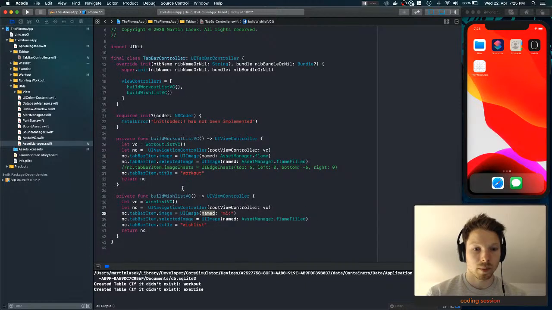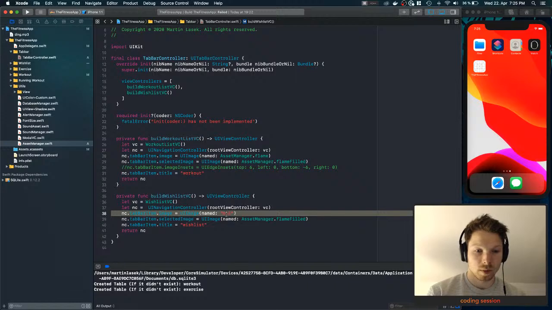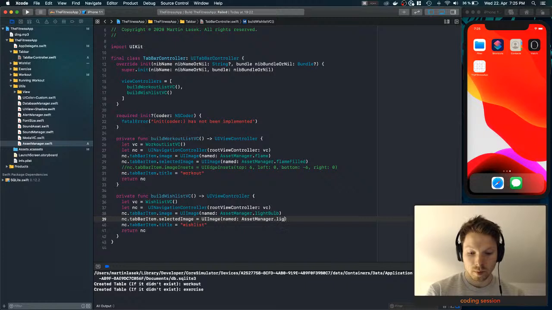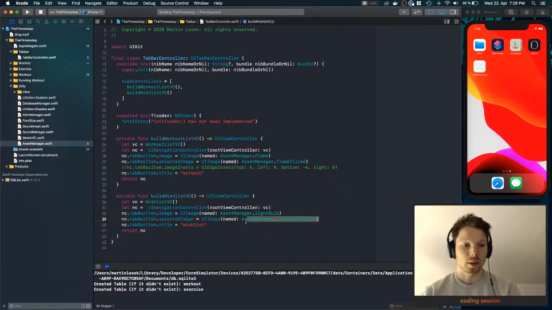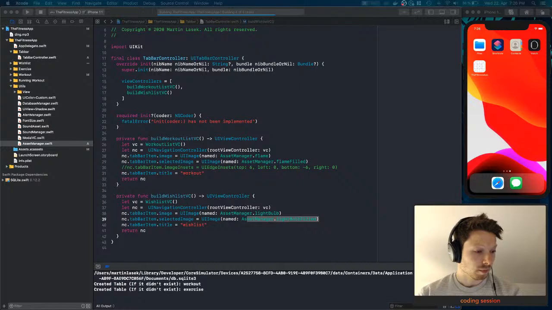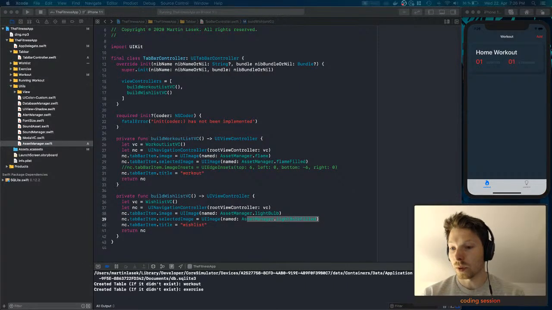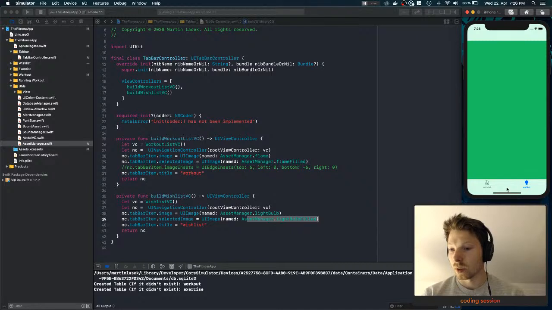And then we have here light bulb filled. So we can just use it like this. Run it, let's see. I'm not quite sure yet if I should keep the names or just